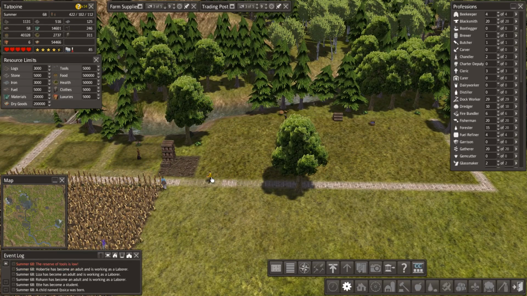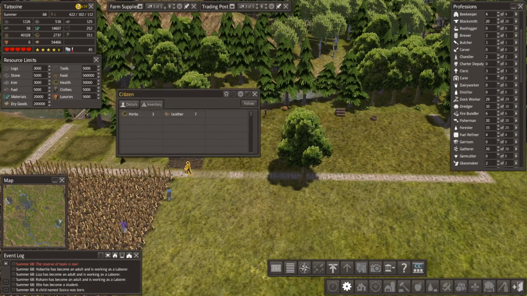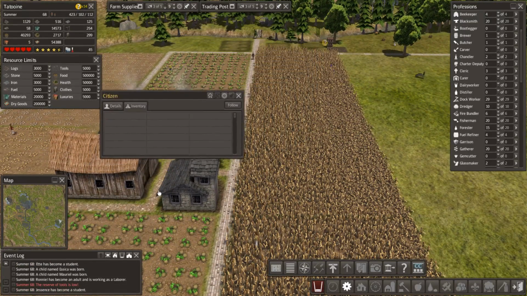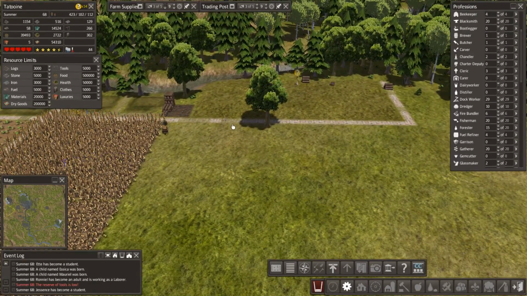See, this person here, what have you got? I see he's got some leather and some herbs, so he's going to go off to that barn. Yeah, he's going to come down here to this barn. Drop that off. There we go. Yeah, back off up here. Which then begs the question, in that clearing area,